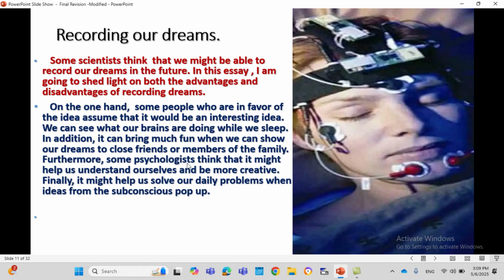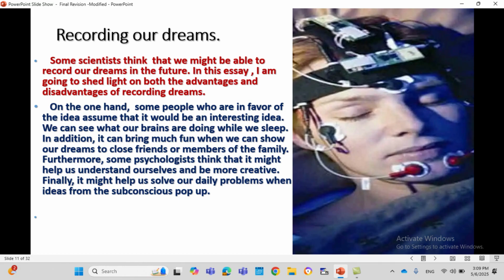Furthermore, some psychologists think that it might help us understand ourselves and be more creative. Finally, it might help us solve our daily problems when ideas from the subconscious pop up. Okay, and as you can hear, the writing has already listed four